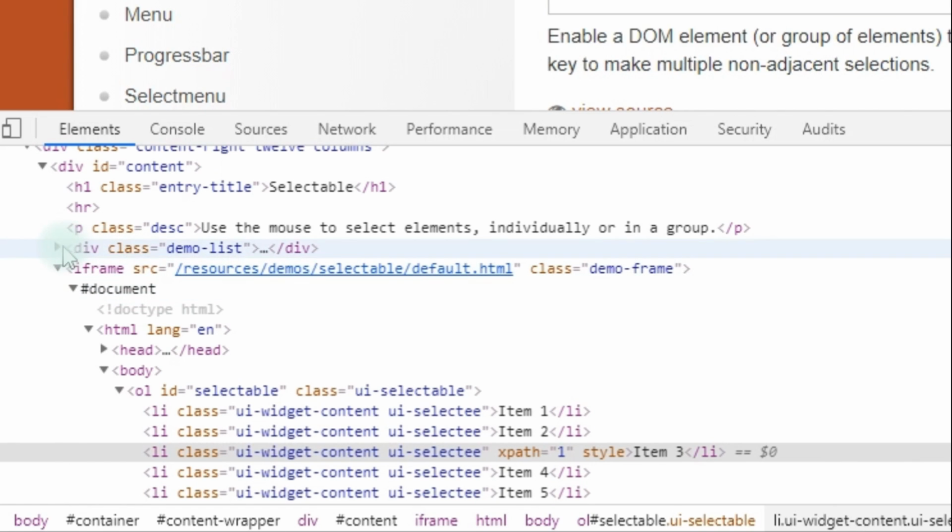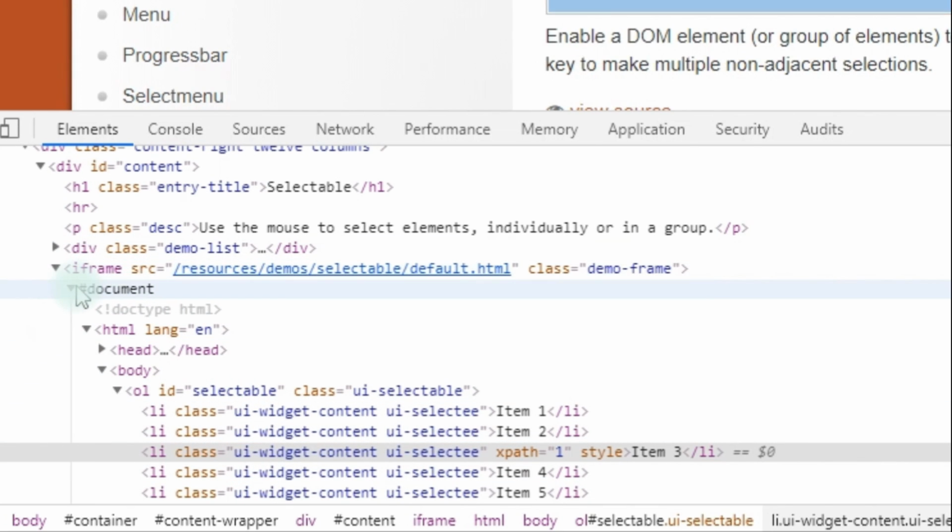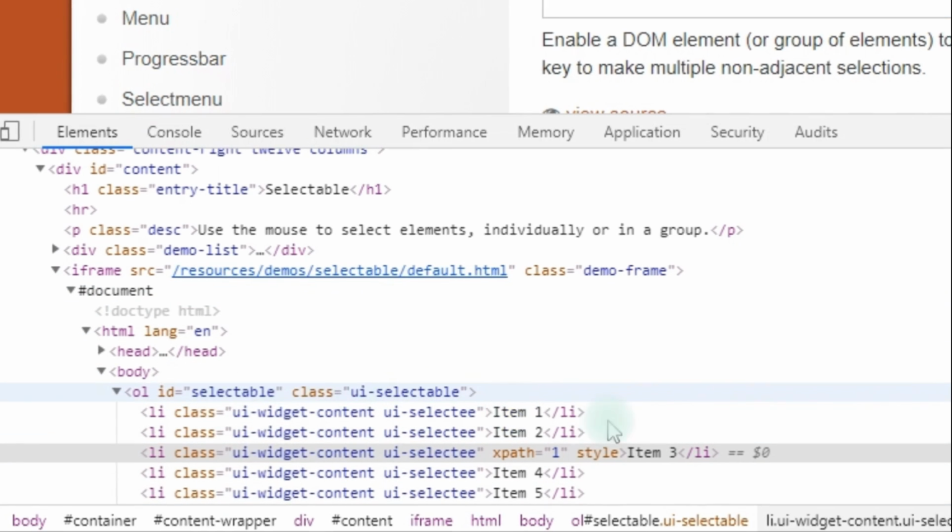So this tag is starting with iframe, that means it is a frame type. So we have to handle it so that we are able to click on these elements. So first of all, we have to go to this iframe, and after that we can click on these elements.